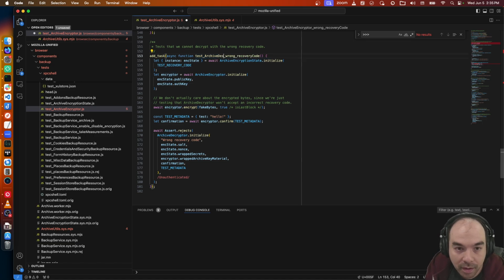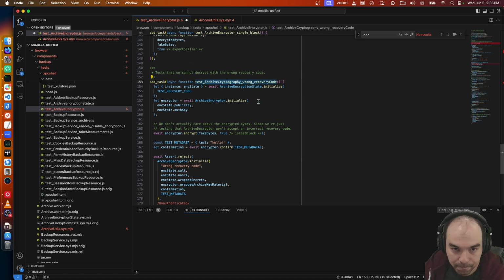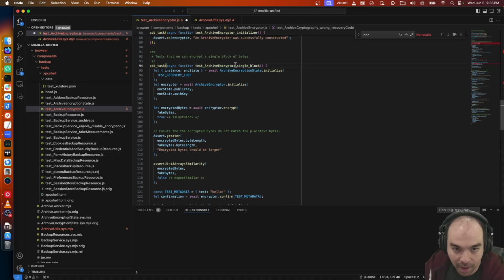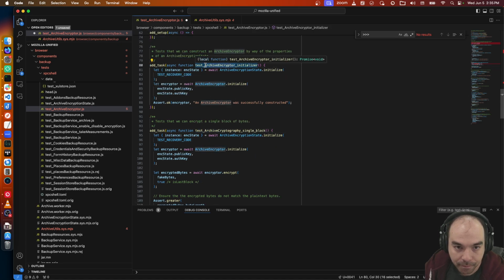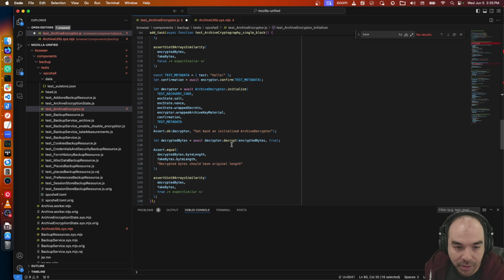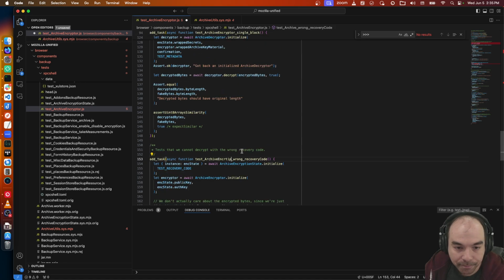And this one's more like, you know what? I'm going to call this archive cryptography. Because I'm thinking of moving these out. Or maybe archive encryption. That's what I should call them.